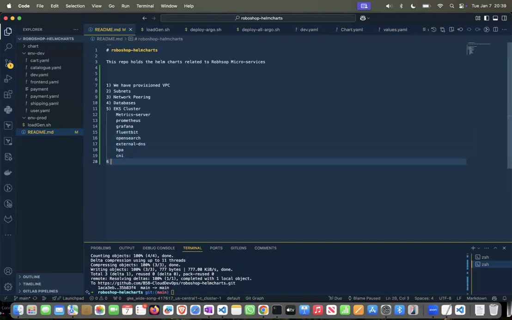Okay, and then with a single click of a button, Helm charts, containerization,